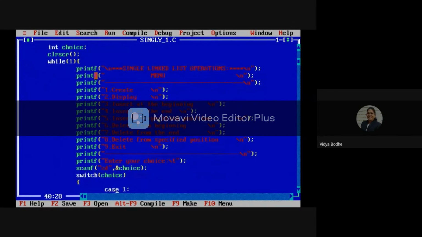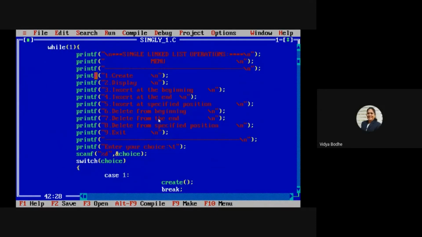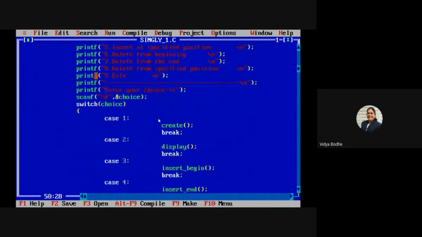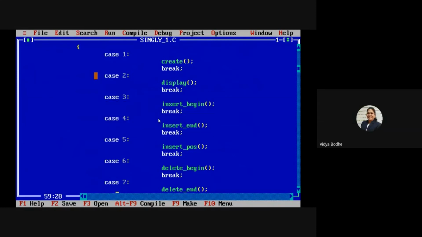Here we have to give first choice. For giving choice, we will use switch case. In case 1, create function will be called. In case 2, display function will be called. In case 3, insert beginning function will be called. In case 4, insert end function will be called.